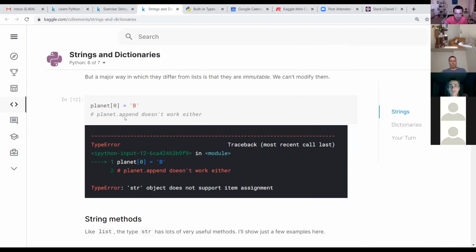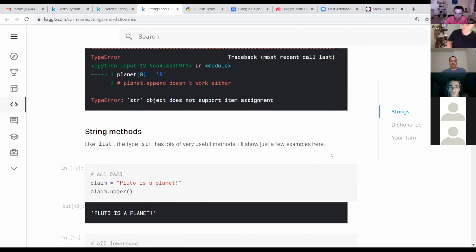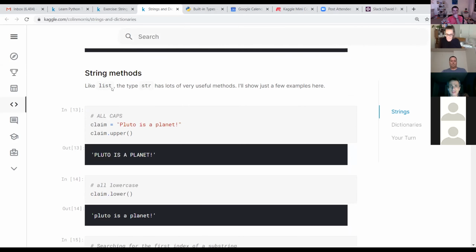Yeah, so this illustrates that strings are not mutable. You can't change part of the string. Every time you try to assign something, it will produce an error. As I said, many useful methods exist built in Python, and there are quite a lot of all kinds of